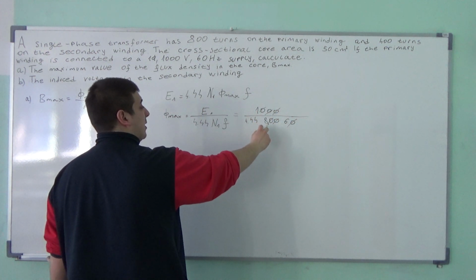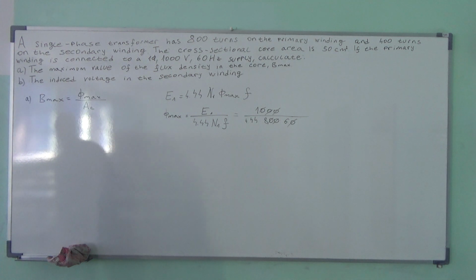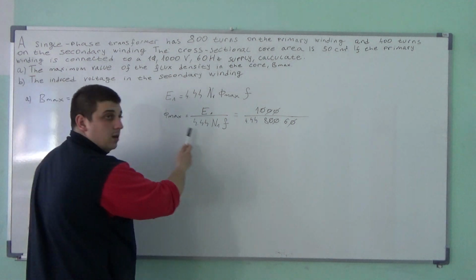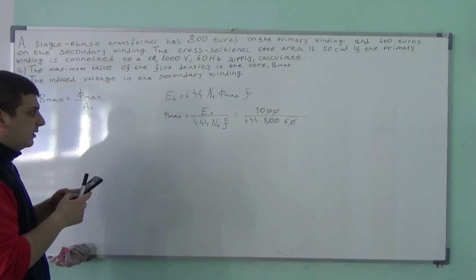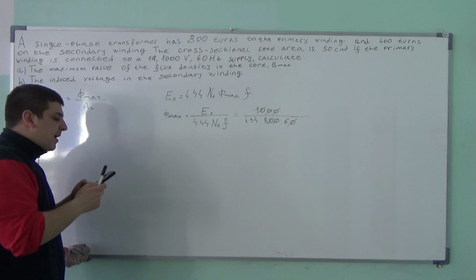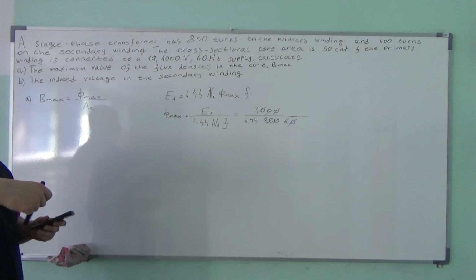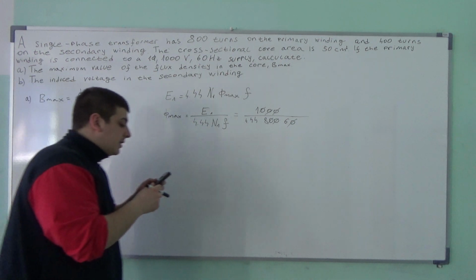We had 3 zeros up, 3 zeros down. And when I calculate this with my calculator, I get that the maximum flux induced in the cross-sectional area of the transformer core is equal to